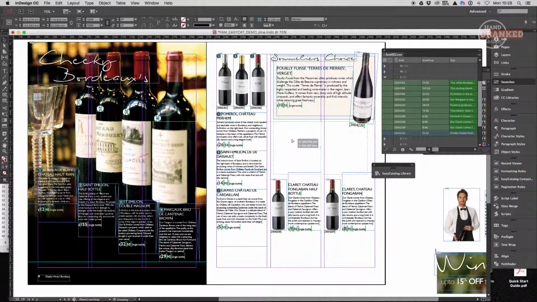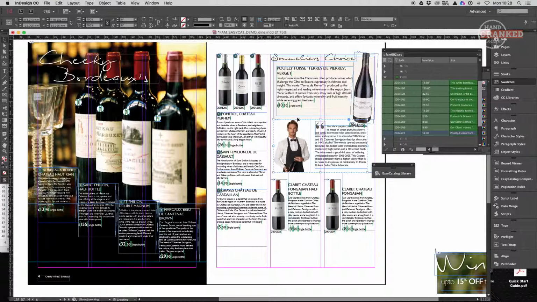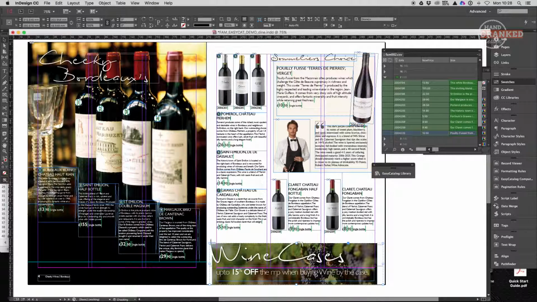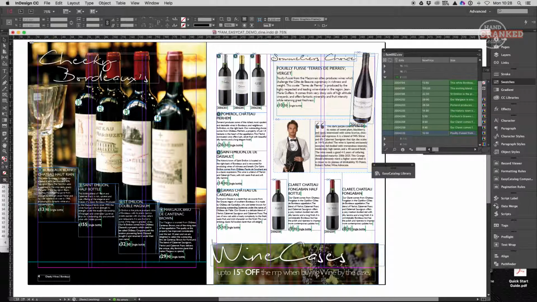But we don't just have to put stuff on the template. We can mix it with other content that we've gathered from elsewhere. So here I'm adding some filler stuff in. This is the kind of stuff that you wouldn't necessarily want to capture in your data. It's stuff that's only going to be used one-off in a magazine or something. There's no point capturing all that information, unless you're going to republish it umpteen times, we can just